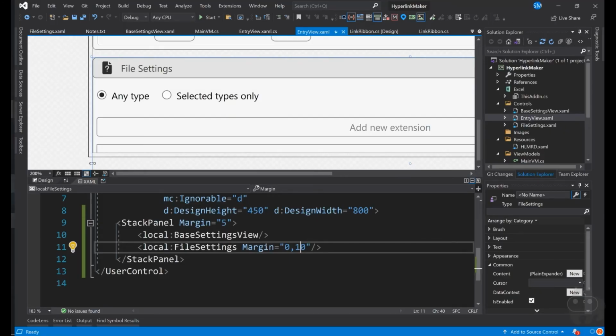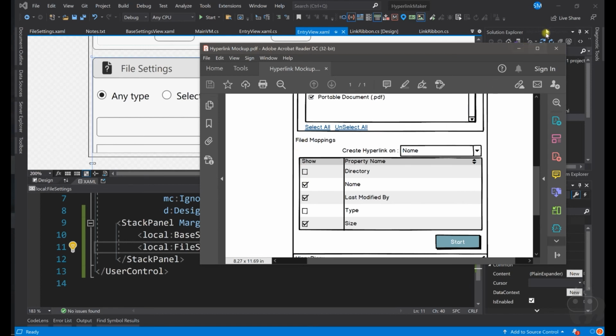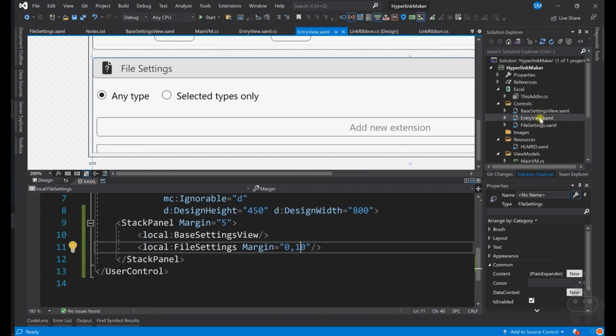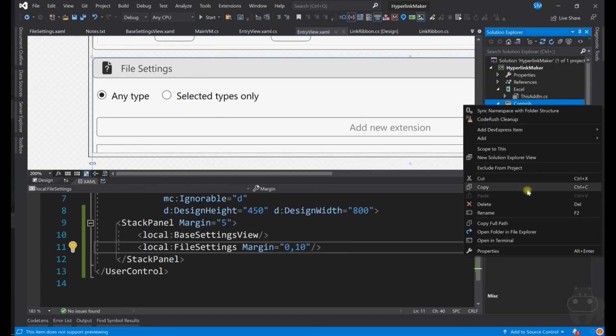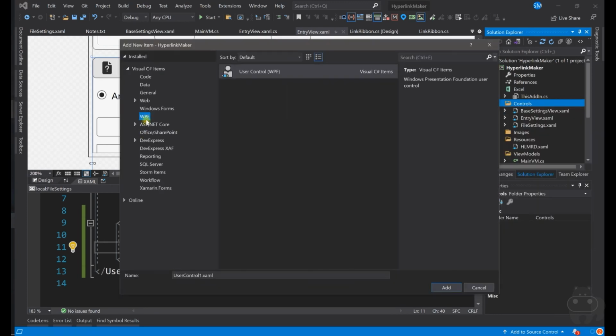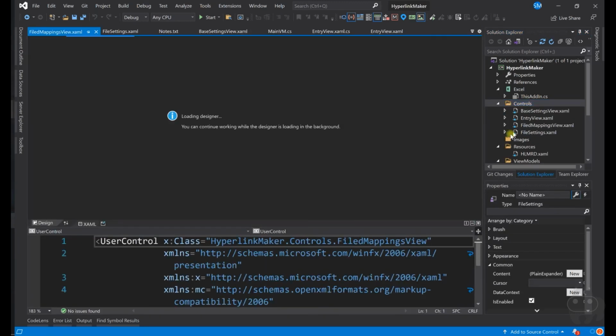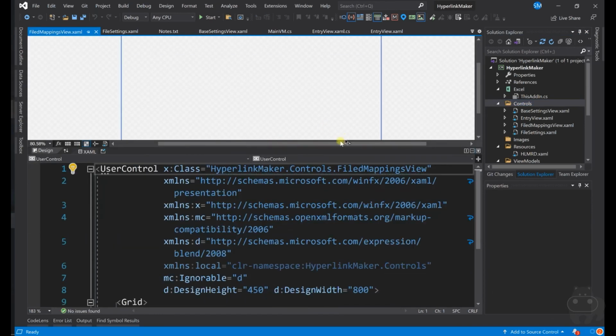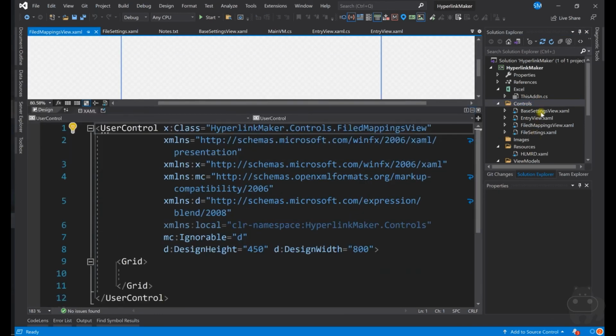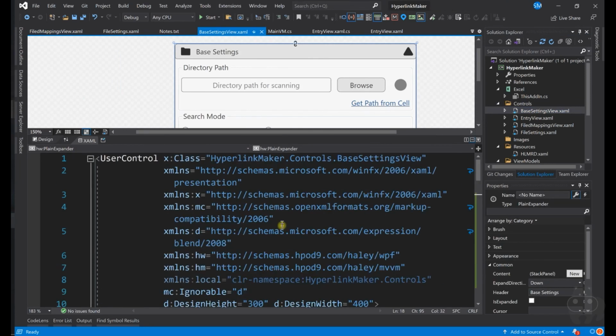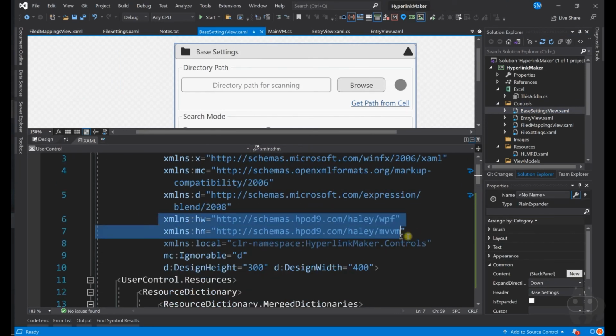The third part, which is field mappings. Let's create one more control and call it as field mappings. So that is the last view. As we did before, we copy it. When I say we copy, the ones which we have already done before, we copy it from here.